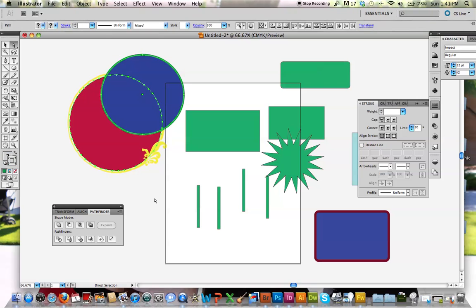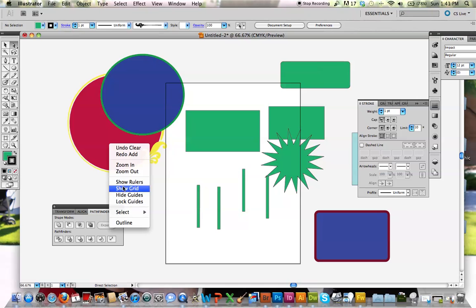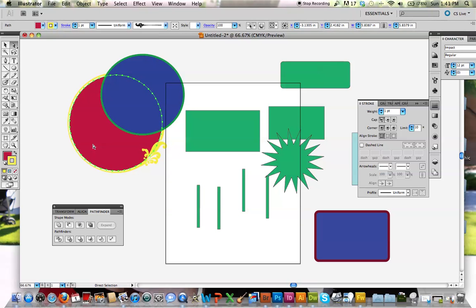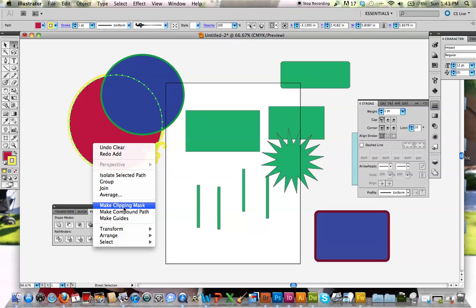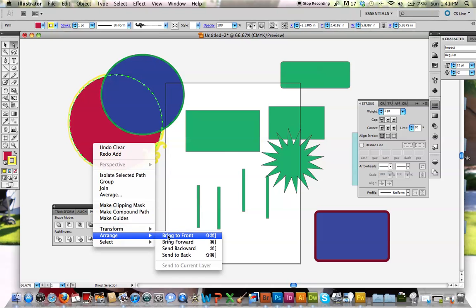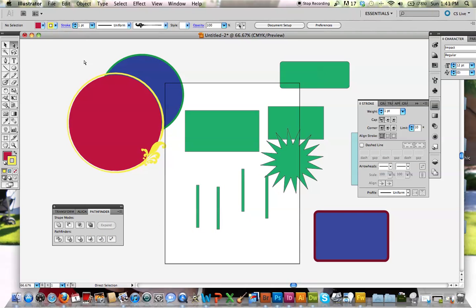So for example, how I do that, I could either right click, control, highlight my object, right click, arrange, bring to front. Now it's on top. Now if I went unite, it will unite the top layer on there, okay? Now,